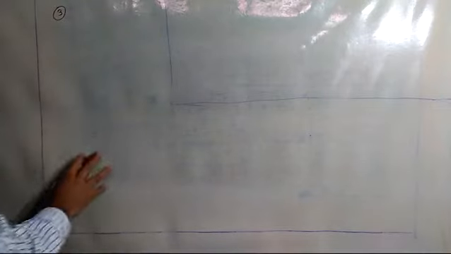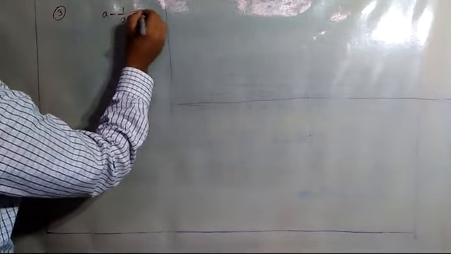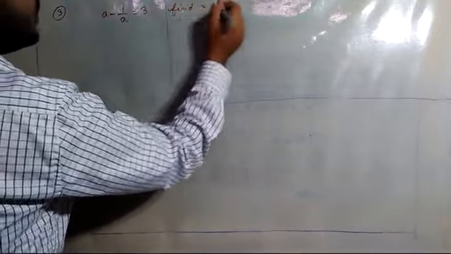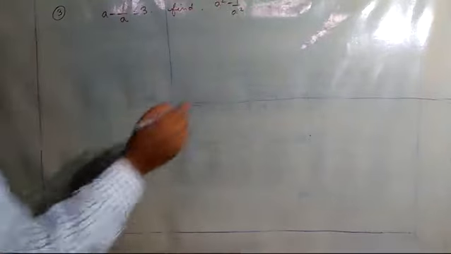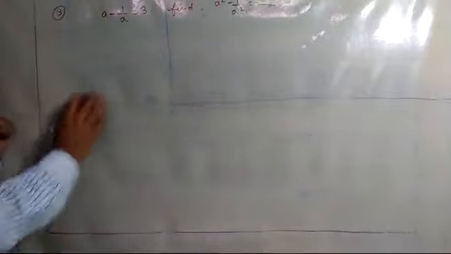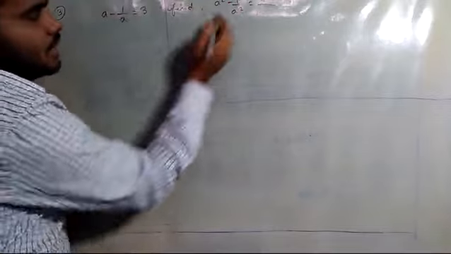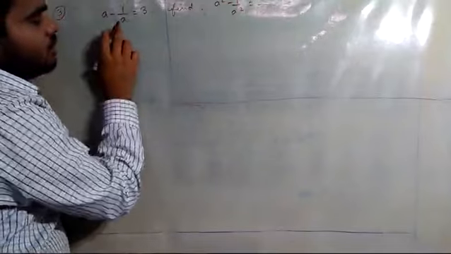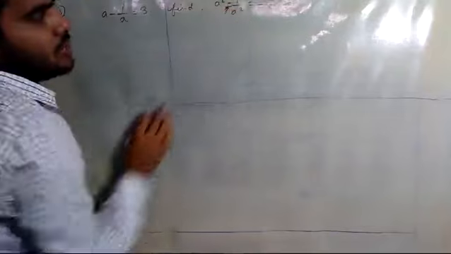Expansion, okay. In this it is given a minus 1 by a is equal to 3. Then we have to find the value of a square minus 1 by a square. This is what we have to find, the numerical value. Now, how to calculate the numerical value? If you observe this, it is a minus 1 by a, and here again we are having a square. Now, a minus 1 by a whole square will never give me a minus here.